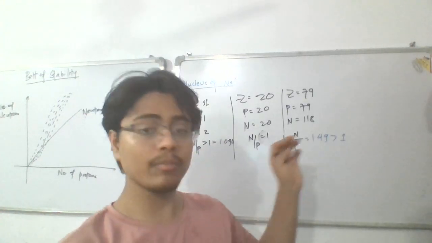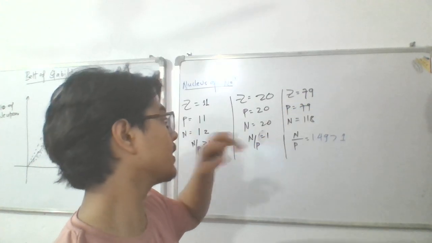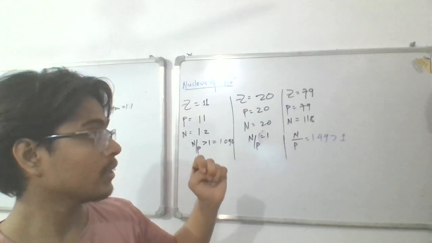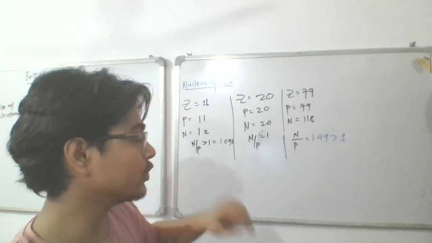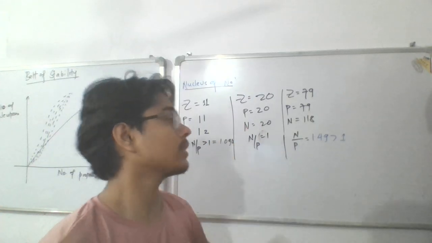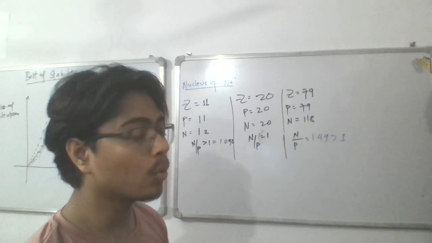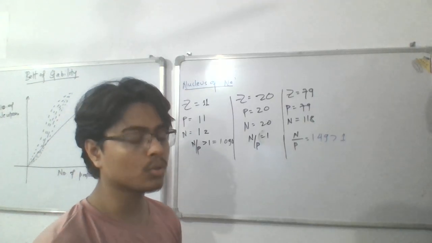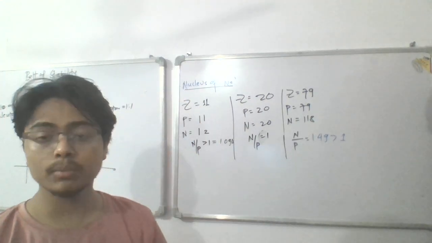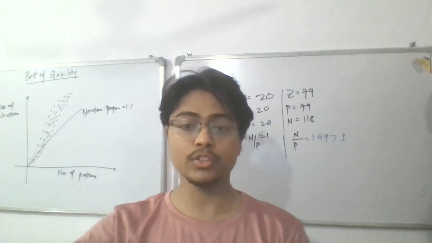Similarly, if we see some heavier elements, for example the gold nucleus, it has 118 neutrons and a proton number of just 79. So we can say the neutron by proton ratio is 1.49, which is much larger than 1. But it doesn't quite mean that gold is a radioactive element. So what is that specific boundary or limit of neutron by proton ratio which would help us to confirm which element